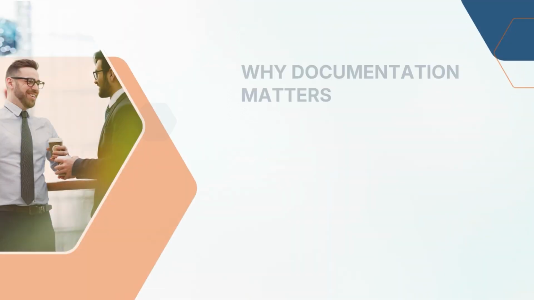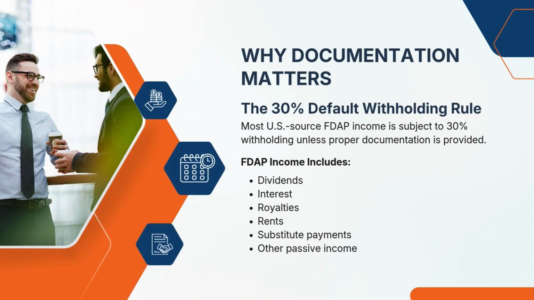Under U.S. tax law, most U.S. source fixed, determinable, annual, or periodic income, often called FDAP income, is subject to a 30% withholding tax unless proper documentation is provided. This default rate applies to payments such as dividends, interest, royalties, rents, substitute payments, and other passive